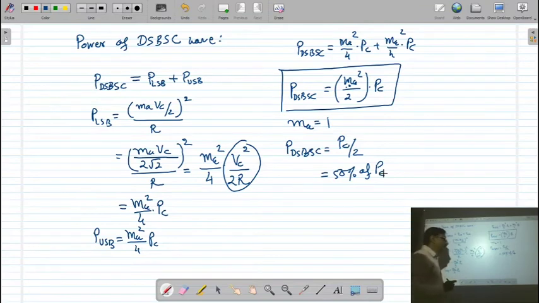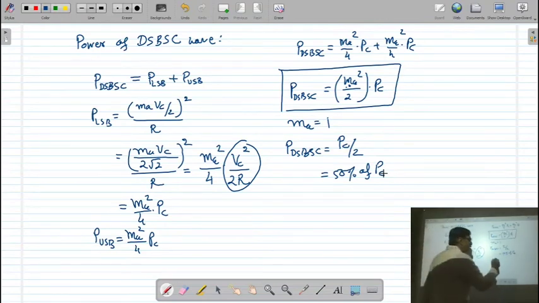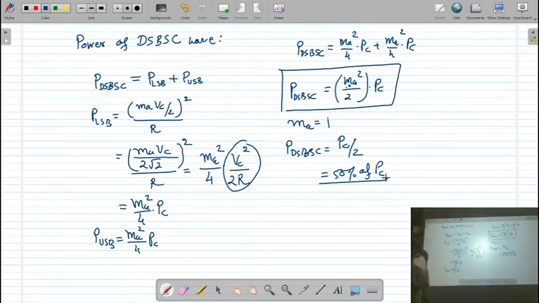So that is the advantage. Here, if you see in the previous case, two-thirds of the power was with the carrier and one-third of the power was with the sideband frequencies. But here now, DSB-SC requires only 50% of the carrier power. Now let us see what the saving in power is, because the main goal of the DSB-SC technique is to save power, and we calculate this power in percentage.